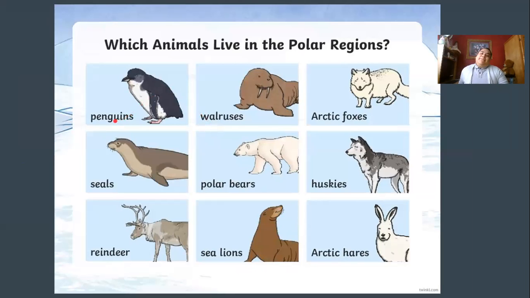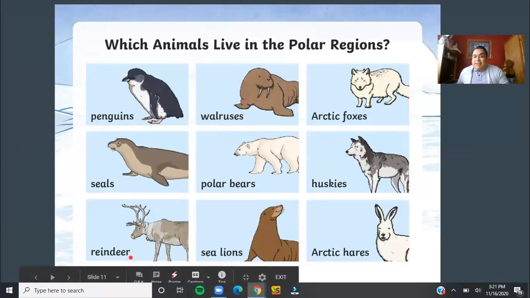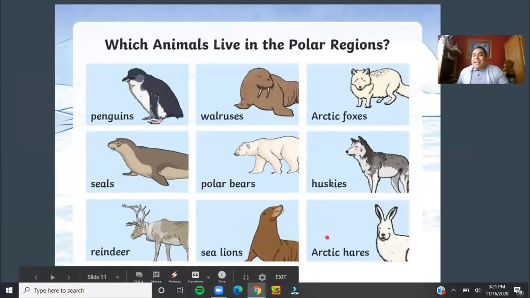Polar regions. Penguins. Walruses. Arctic foxes. Huskies. Polar bears. Seals. Reindeer. Sea lions. And Arctic hares. Very good, class. Very good. So,